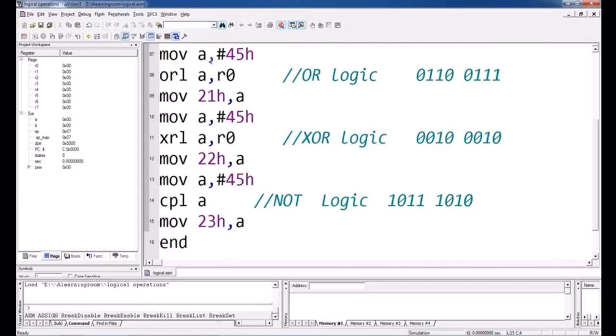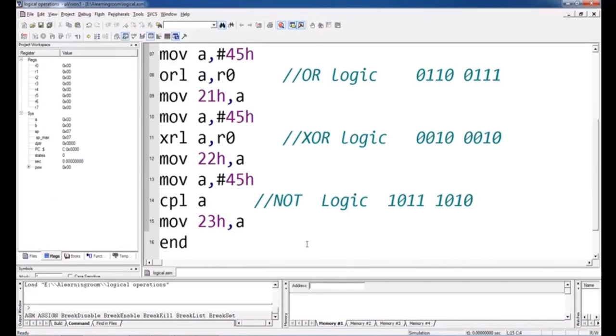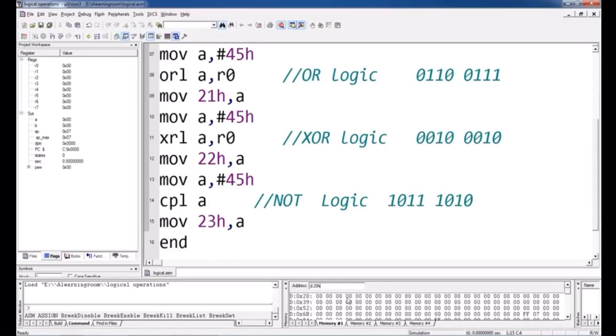Now, according to your values, this is the memory window which is available here. Otherwise you can go to the view tab and choose the option memory window, and this window will open here. So now I am taking results into RAM memory 20H, 21H, 22H and 23H. To check the RAM memory locations, type the letter D. D stands for data memory, which is the RAM memory of the microcontroller, and give the address 20H. See, by default all these memory locations maintain zeros.